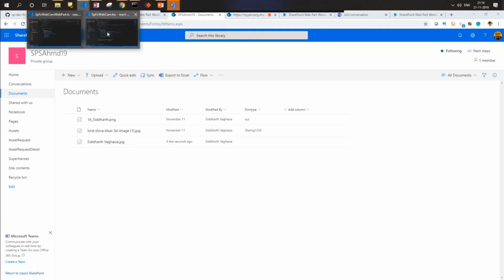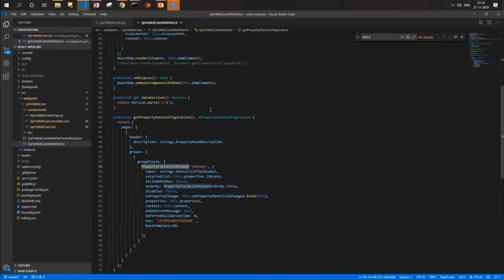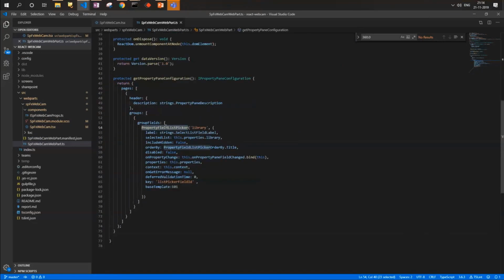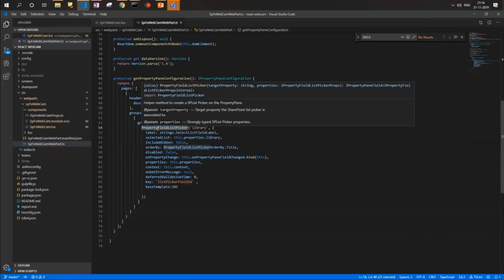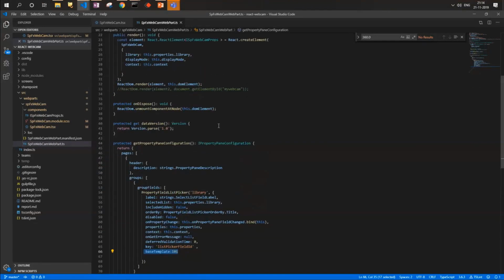Let me walk through the extended part which I'm working on. To start with, I'm using the PnP reusable property pane control list picker. I'm filtering it with base template 101, so only libraries would be displayed in the drop down.